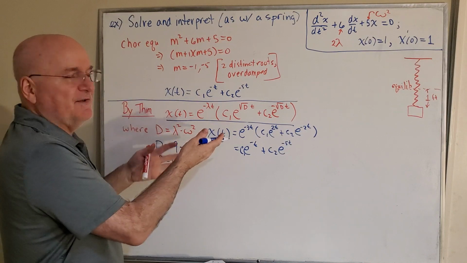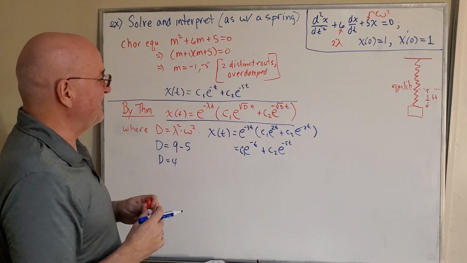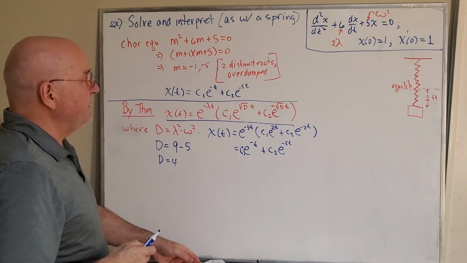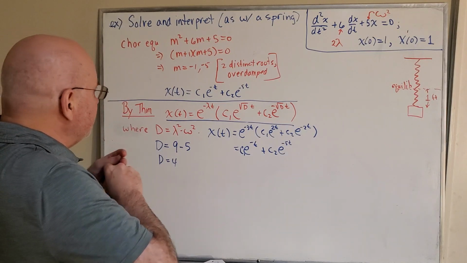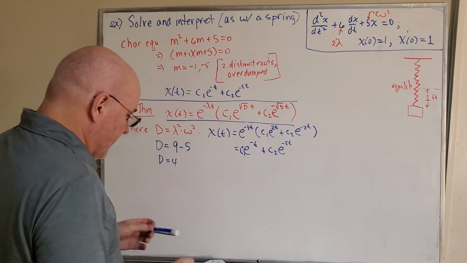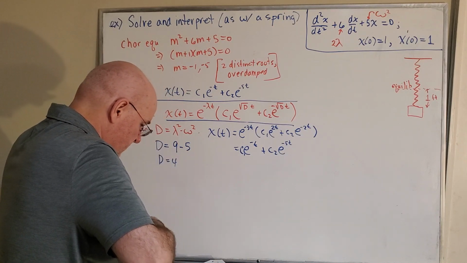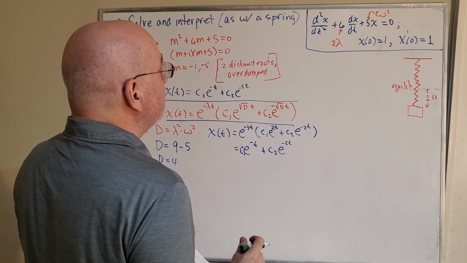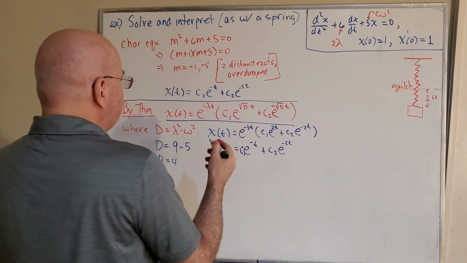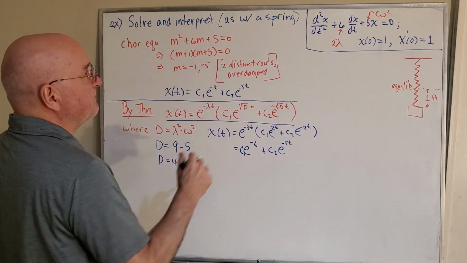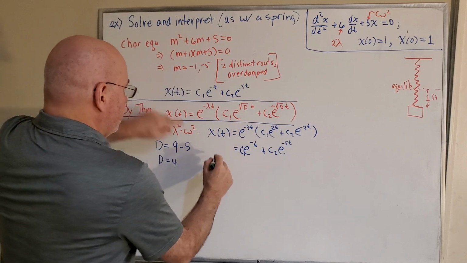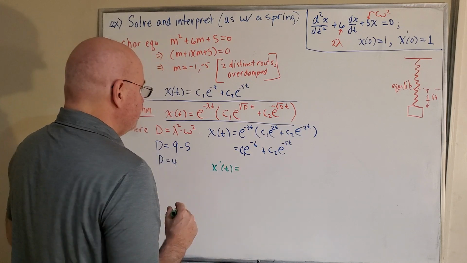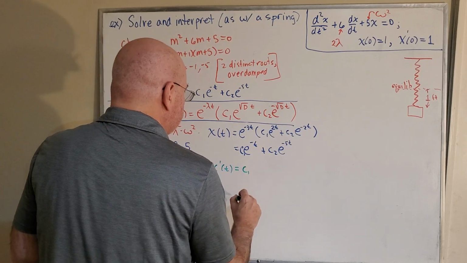Would have taken the same amount of time, probably. Might have saved us a second or two using the theorem. But the theorem works. All right, now let's finish this problem. From the initial values, I know I'm going to need the derivative at some point to apply the second one, so we can use right here, x prime of t is equal to c1